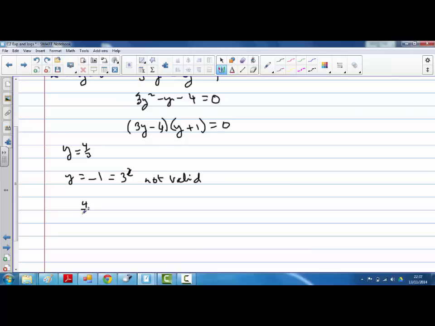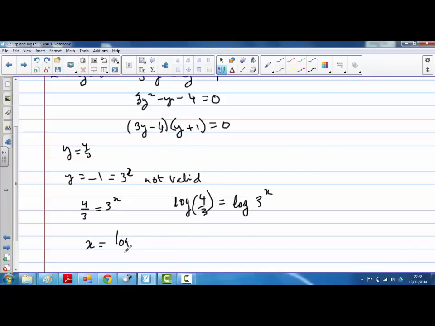So we've got 4 over 3 equals 3 to the x. And if we were to take the logs of both sides, we'll get log 4 over 3 equals log 3 to the x. If we then rearrange for x, we simply get